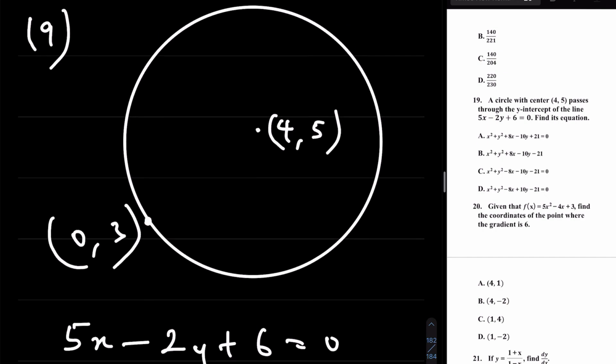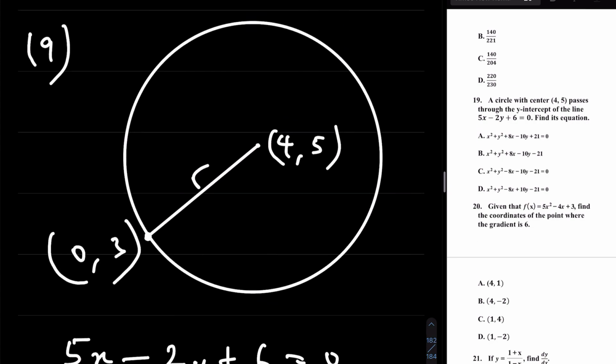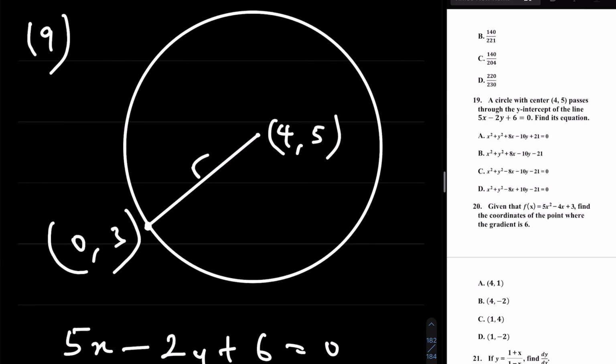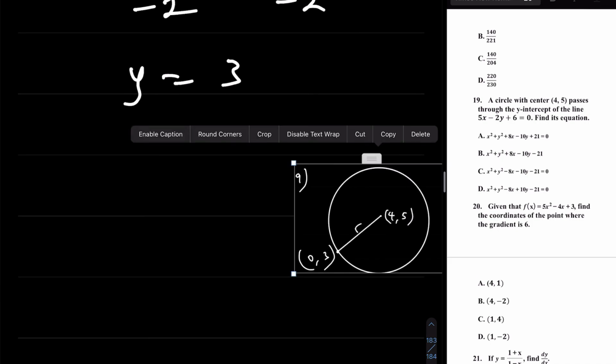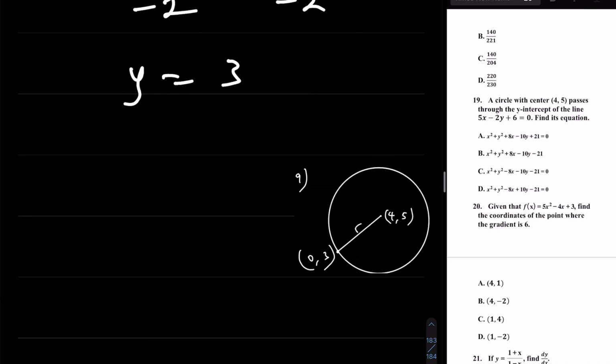Now to find the equation of the circle, we need to know its radius, and this is the radius. We can find the radius by simply using the formula for the distance between 2 points. I want to paste a small image of this diagram so that I can see what I'm using to find the radius of the circle. Now r